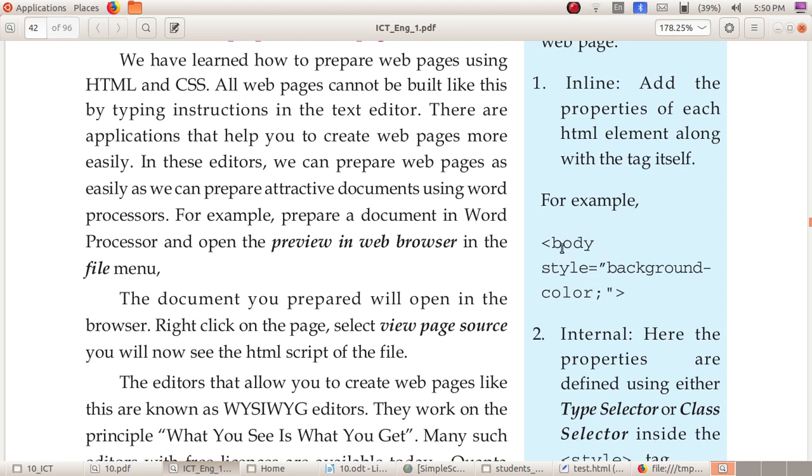This is the body tag. Inside the body tag you add the style option. Okay, so inline, you can understand from the name itself, inside the body tag, style equal to background color. So in the inline option you add the style option inside the body tag.